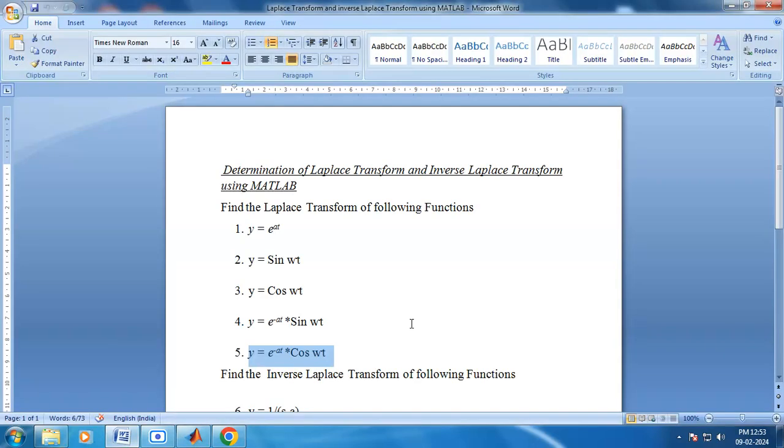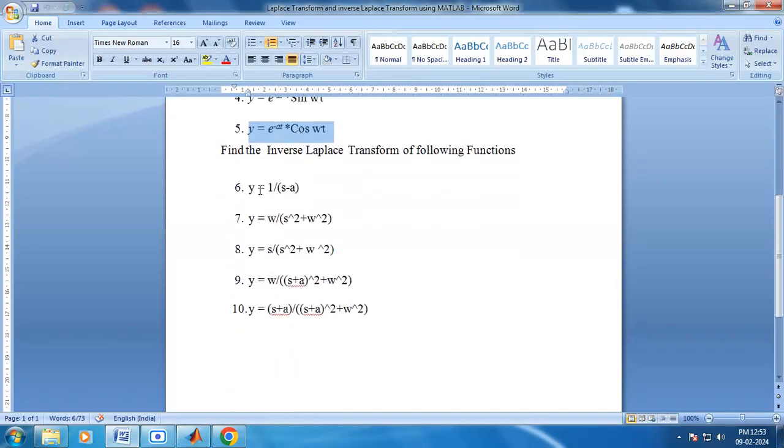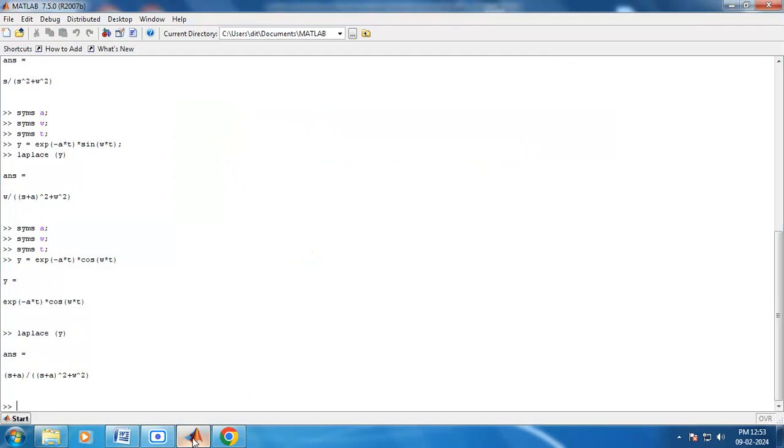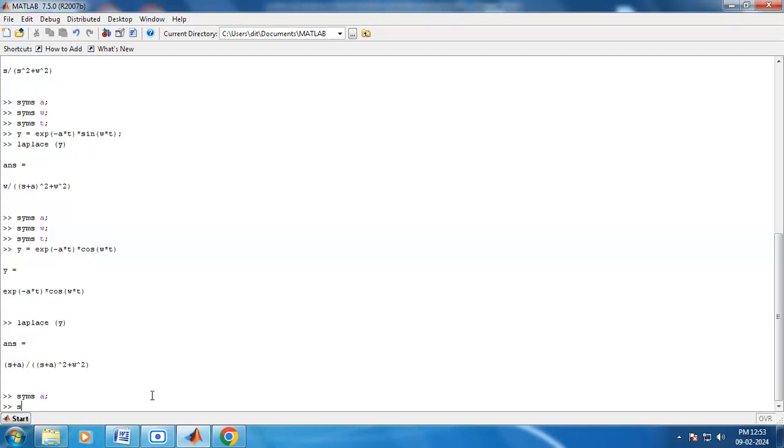Now we are moving to the inverse Laplace. Our first function is y equal to 1 divided by s minus a. Here our variables are s and a, so we have to define s and a. syms a; syms s;